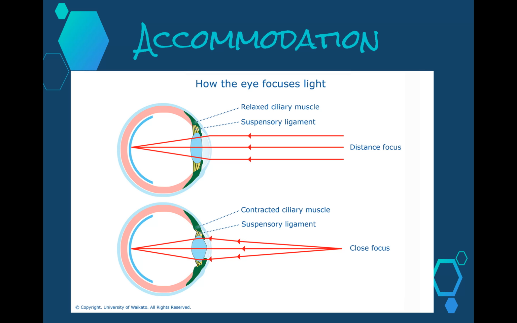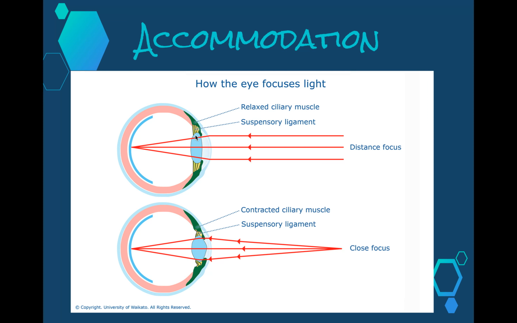to maximum accommodation. As we can see in this image, light rays entering the eye from different distances need to be refracted to different degrees to ensure that all the rays fall perfectly on the retina to form a clear and in focus image. So in the first diagram we can see here, if light travels to the eye from a distant source, the light rays tend to be parallel. This means that they do not have to be refracted much in order to pass through the pupil and fall